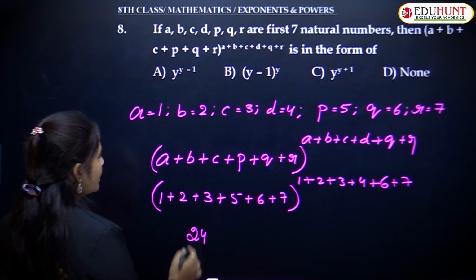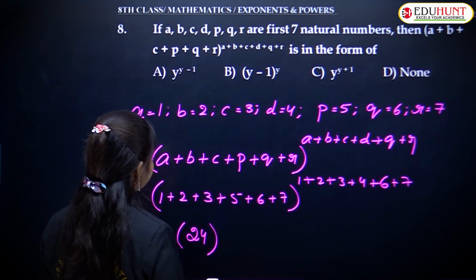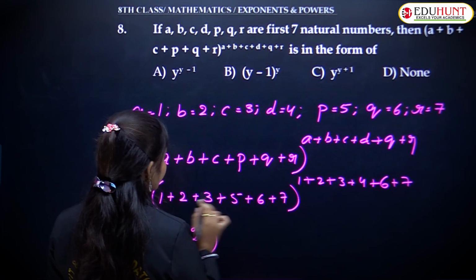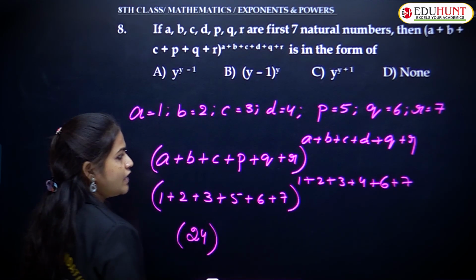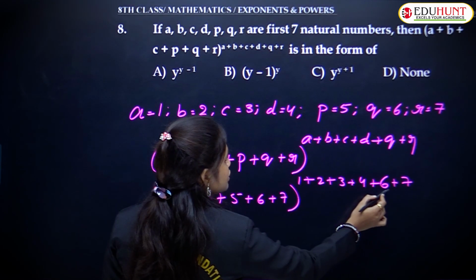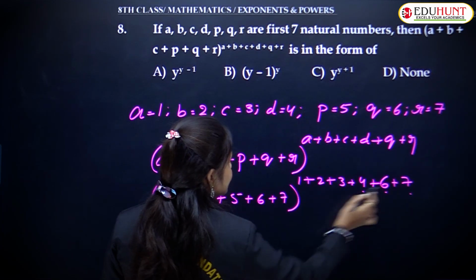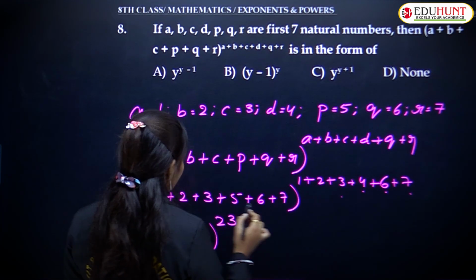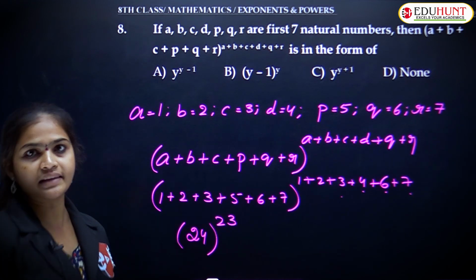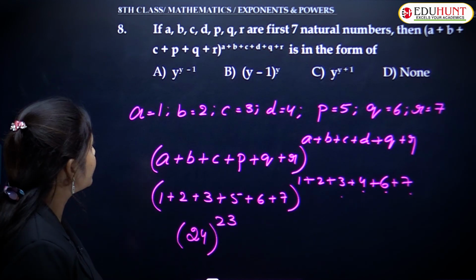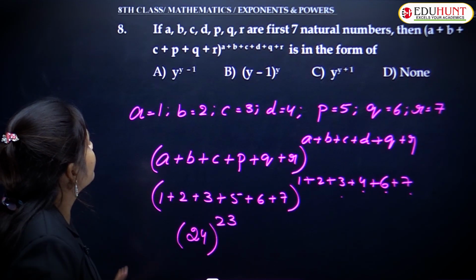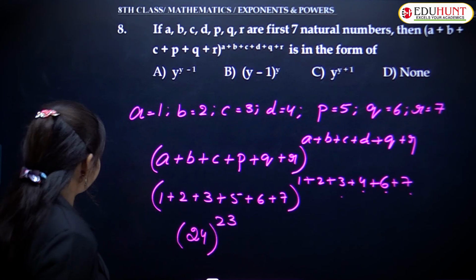Yes. So here 24 power, 5, 5, 10, 11, 17, 24. So 24 power, here again let me say that. So 6 plus 4 is 10 and 7 plus 3 is 10, so 20, 23. So 24 power 23. 24 power 23. Now what are they asking here? In the form of